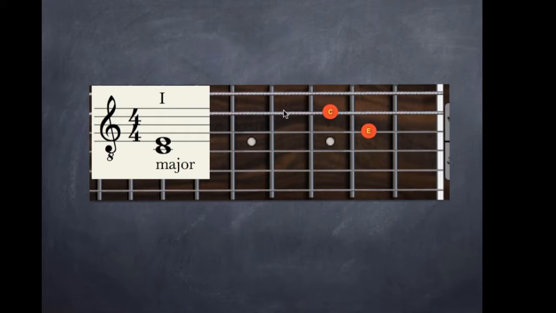So now we're starting back on the 5th string here, so that's C on the 5th string. I think you must be getting used to where C is now. So it's 3rd fret of the 5th string, and we have E, which is on the 4th string on the 2nd fret. So we played that before. Now I'll move up